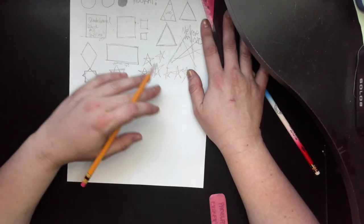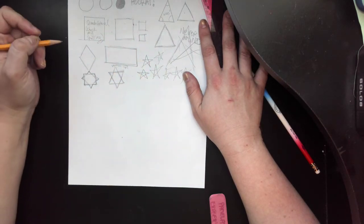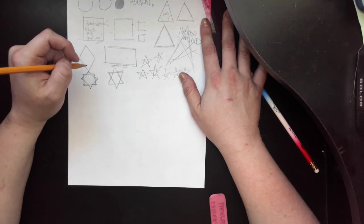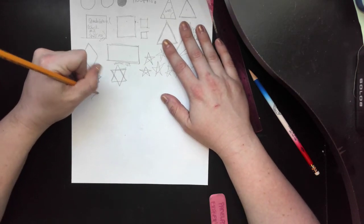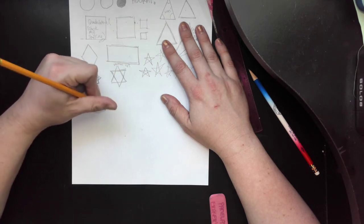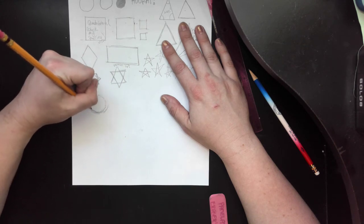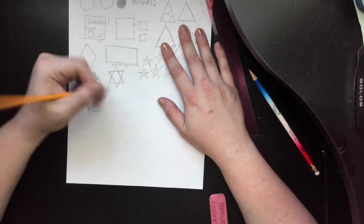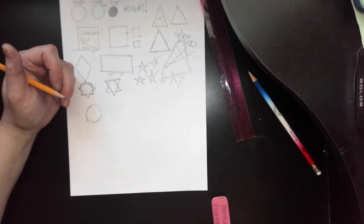So far we've been doing those geometric, those angled lines. So now we're going to get into circles. And circles, everyone wishes they could make a perfect circle in one go, and I am not one of those people that can do that, okay? The way I kind of do it is I just kind of do a lot of lines, and then I kind of find my circle in there. Like if you have a compass, you can make a perfect one, or if you have round things,